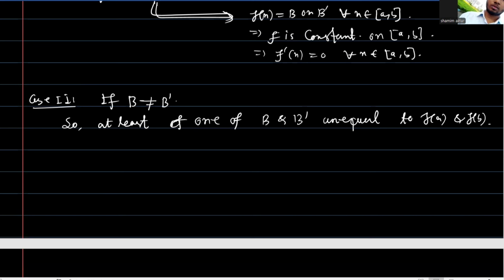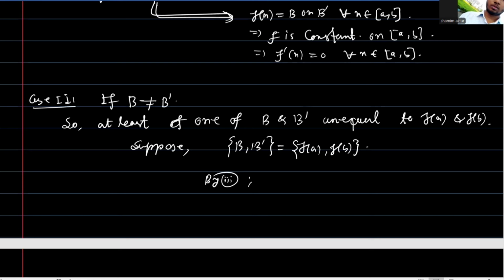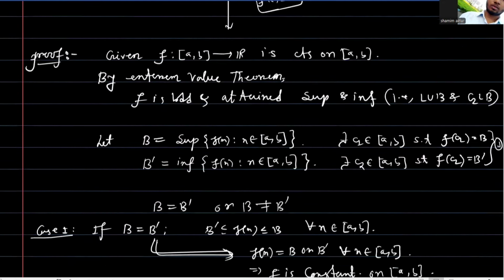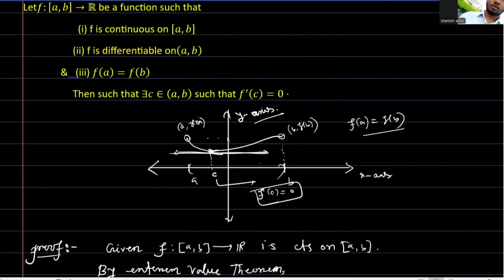Okay, at least one of b and b dash is unequal to f of a and f of b. Why? Suppose b and b dash are both the same as f of a and f of b. If this holds, then by the third condition of the statement, that f of a is equal to f of b,